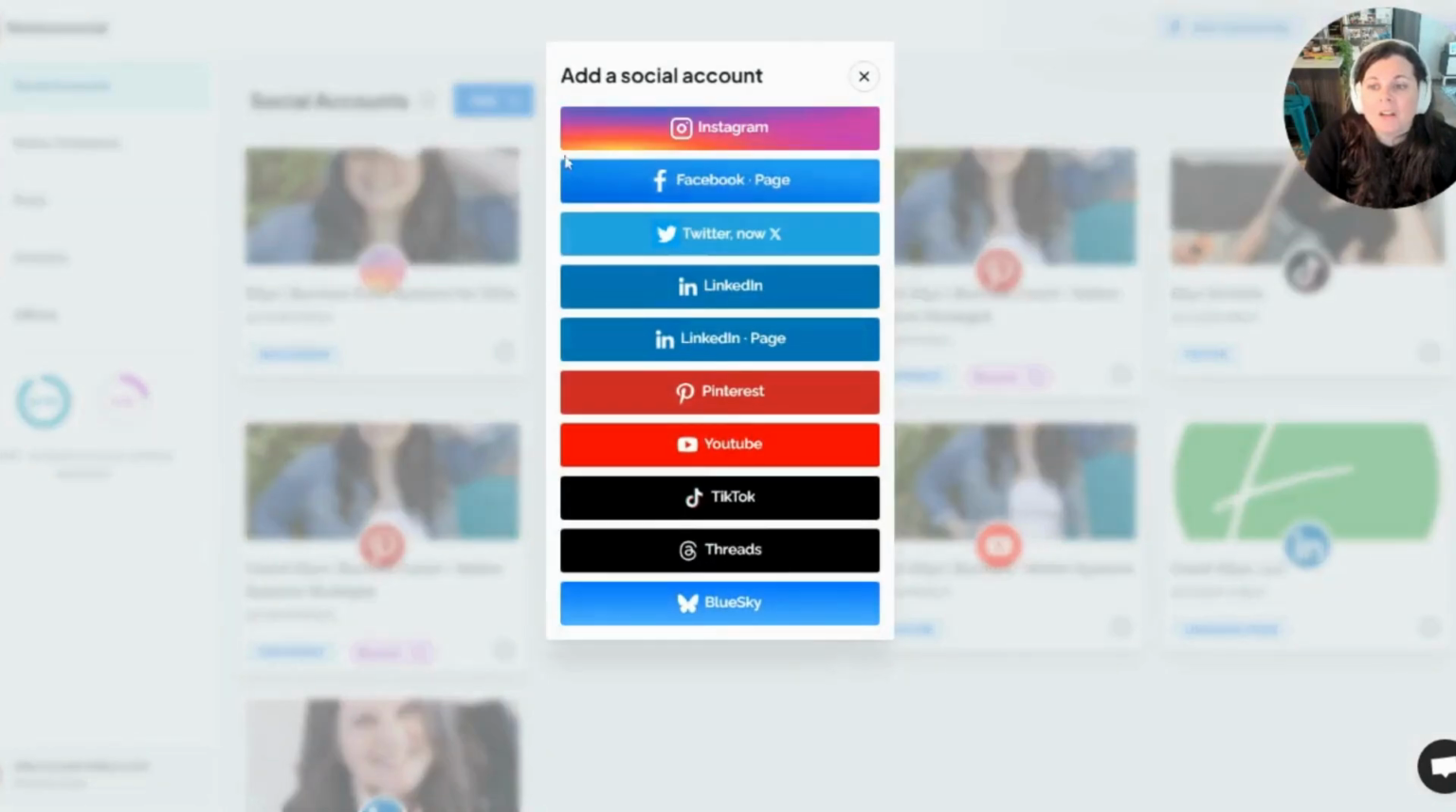So you're going to go in, you're going to click add, and you can see all of the main social media platforms this works with. Instagram, Facebook pages. You cannot post to Facebook groups. Ever since they removed the API from Facebook groups, they kind of screwed us all over with that. So we still can't post to Facebook groups with this, but you can post to Facebook pages, Twitter, now X,